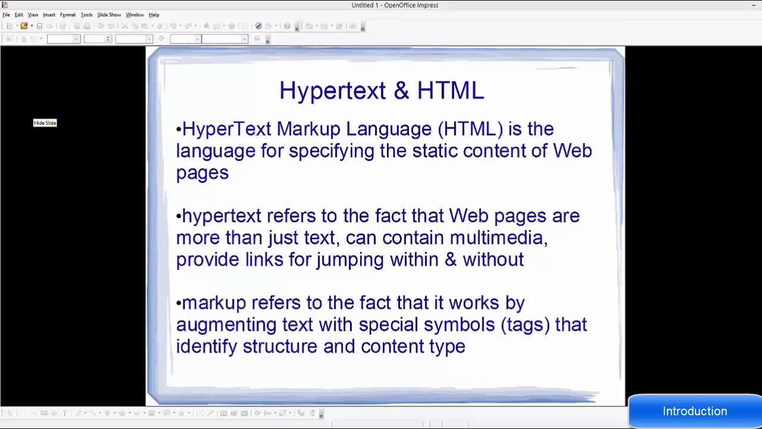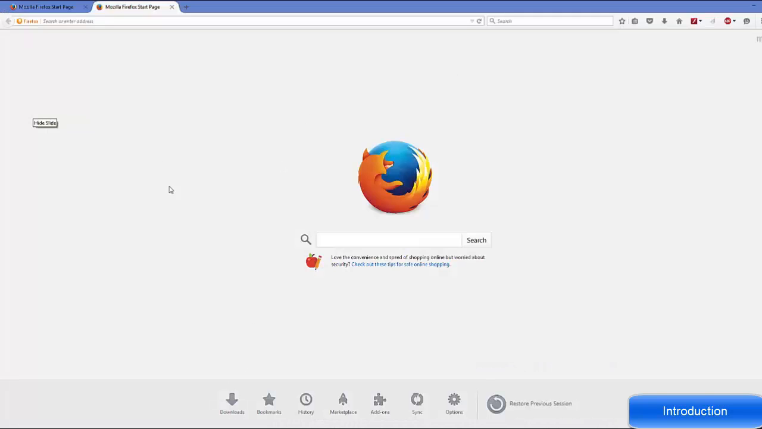Now HTML, which stands for Hypertext Markup Language, is the language for specifying the static content of web pages. Now what does this mean? For example, whenever you open any website, for example, I'm using Firefox browser and this is the default page, any web page which you see on web browser has a code behind it, and it's written in HTML along